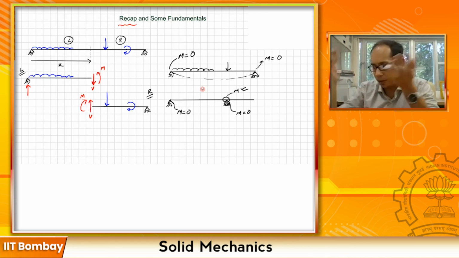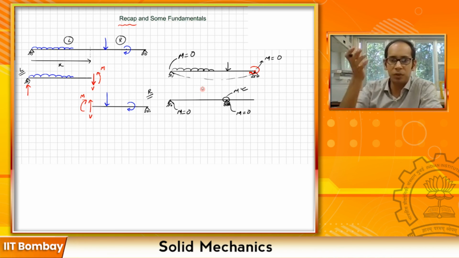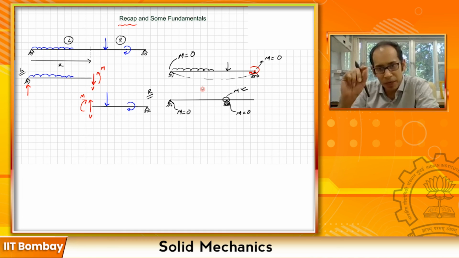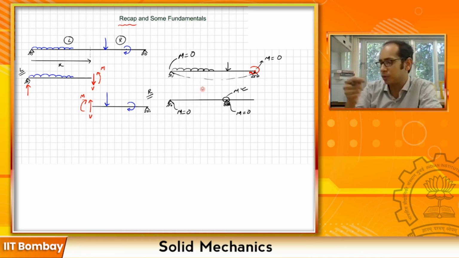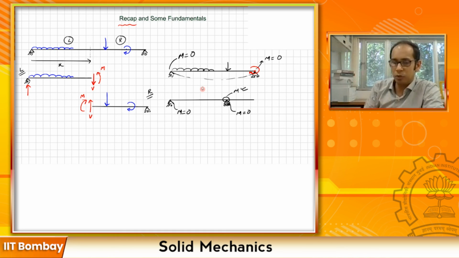So you have nowhere to go in that case. For example, here if I come at this pin support and I have an externally applied moment over here, then that beam at that particular place will develop a moment. The pin will not, but the beam will. So in those cases you will have the bending moments at the beam.